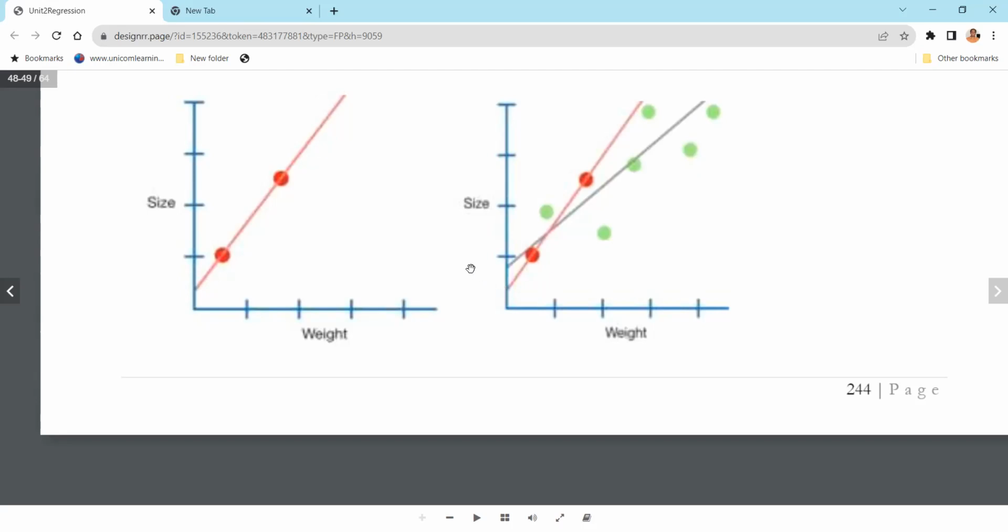Instead, we will add the error and say, okay, instead of going with this red line, I will go with this black line as my regression line. Okay. Now you see, when you are adding error, so let me take this